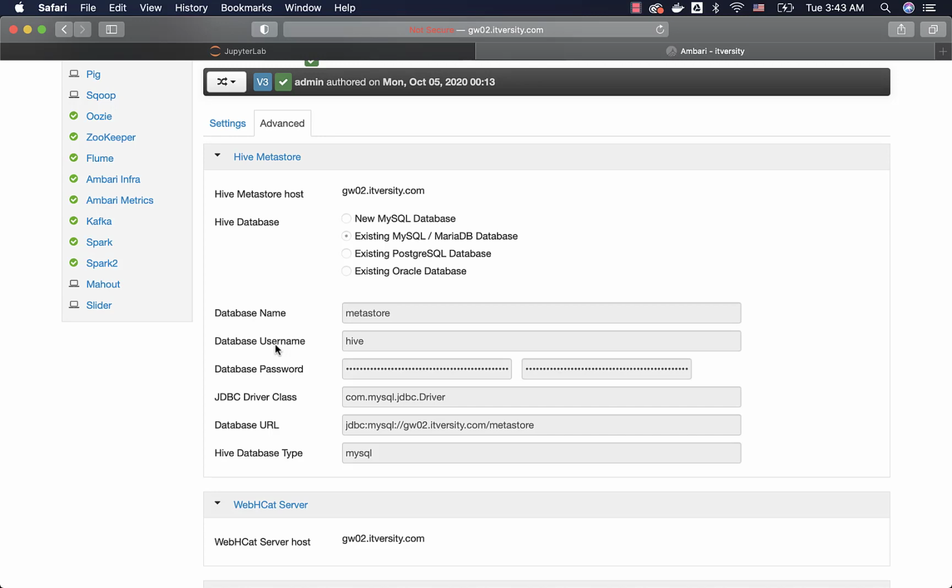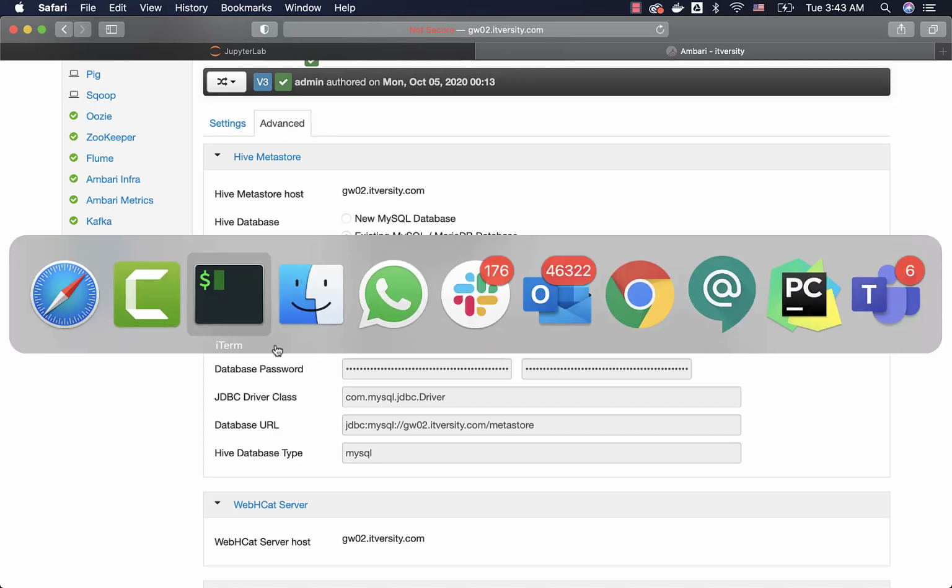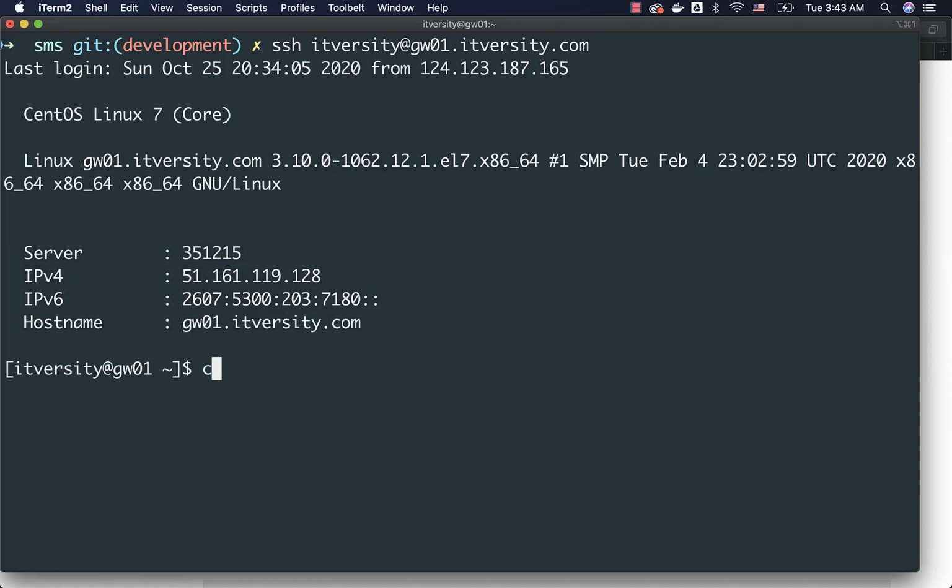That being said, we can also access this information from the command line. For that, you have to connect to the gateway node of the cluster. Typically, the properties will be under /etc/hive/conf. In our case, Spark and Hive are tightly integrated, and hence Spark Metastore uses Hive Metastore. That's why we are going to /etc/hive/conf. In some cases, there might not be Hive, there might be only Spark. The location for the Hive Metastore can be different.